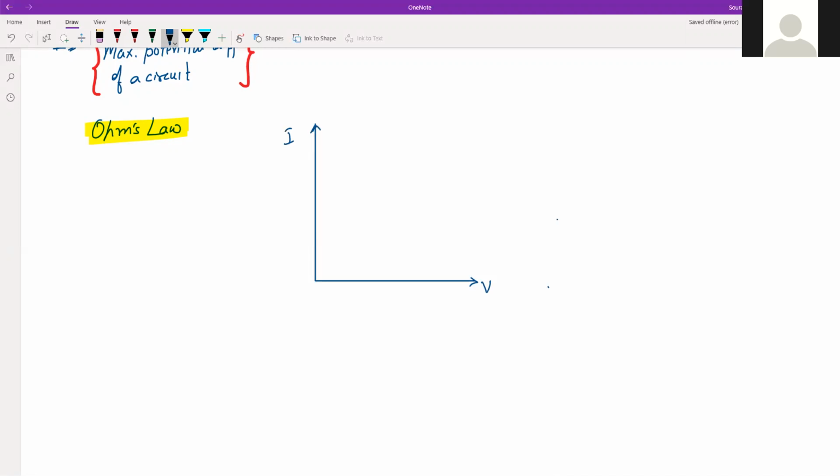So when potential difference was more, it was observed that the current is also more. So the graph which comes here is actually like this. You change the potential, you observe the current. It was done like that, and it is observed that it is a straight line. So if it is a straight line, that means this I, which depends on V, or V which depends on I, both are related, and this V is directly proportional to I. And later we said that this V is equal to IR.